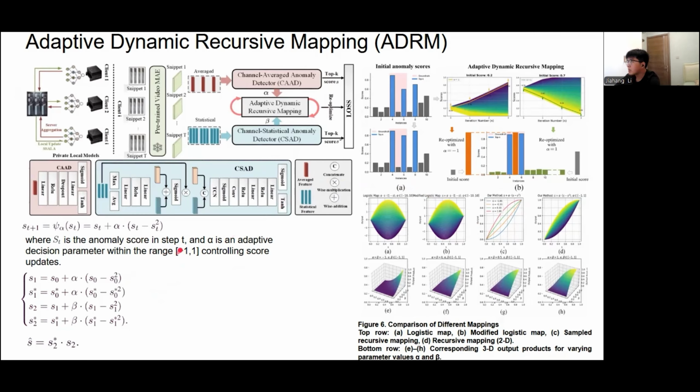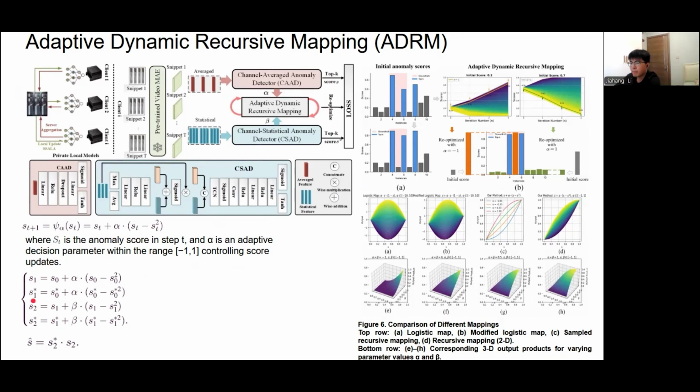So we can use this function to re-optimize the anomaly score. First we apply this mapping to the dual detector scores using the detection parameter alpha. Because alpha comes from the averaged feature, it helps reduce sensitivity to feature noise and improve the robustness of the model.